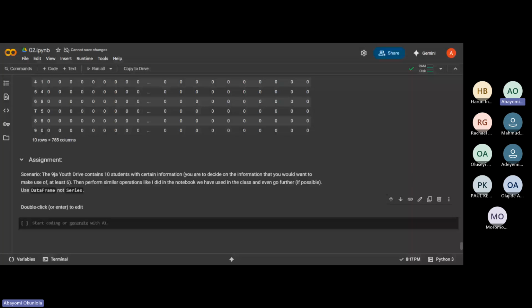A hint has been given to you: use data frame, not series. So here we are looking at how you're going to generate your data set, convert it into a Pandas data frame, and then make good use of it.